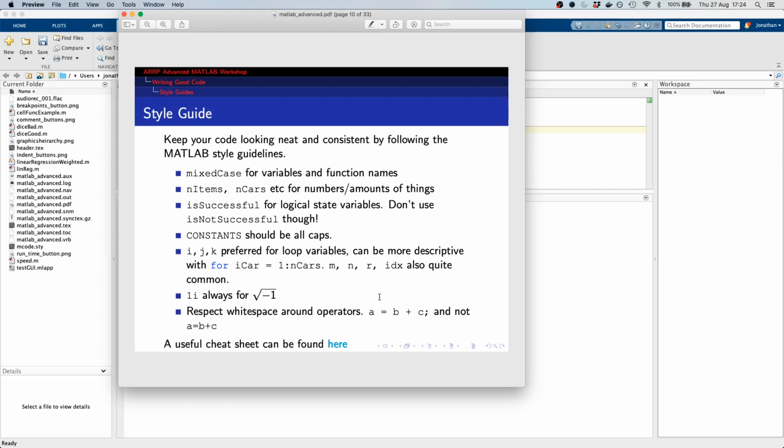Loop variables, so if you're using things in a loop, i, j, and k preferred. So you'd set it up like this, for i_car equals 1 to n_cars, like this, or m, n, and r, or idx are often quite common for loop variables as well. The trouble is, then i actually has a special meaning in MATLAB, being the square root of -1. So that's why we like to use 1i like this for the square root of -1, because you can imagine